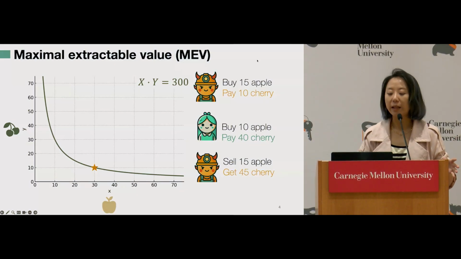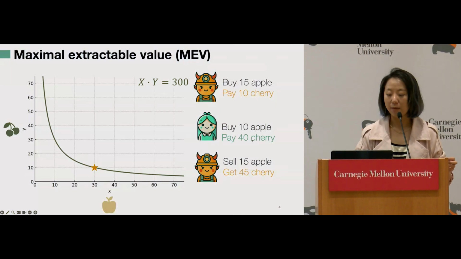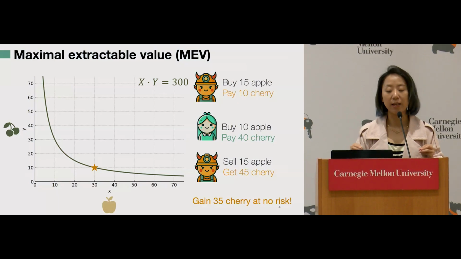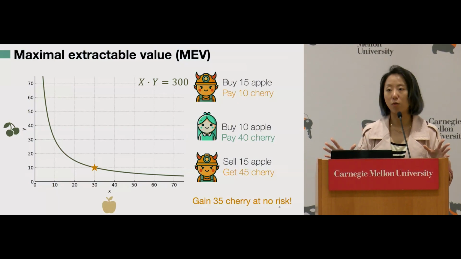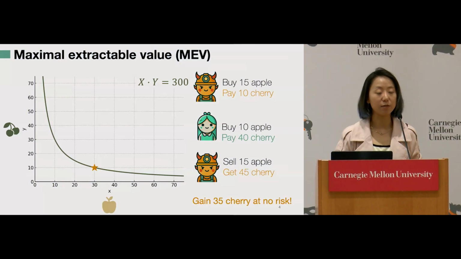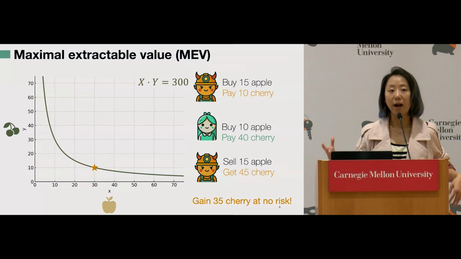You can just trust my math. But now, because the front running attack drives up the price of apple, I ended up paying 40 cherries instead of 5 to get these 10 apples. And these extra 35 cherries all go to the strategic miner. And what's worse here is that the strategic miner is getting these 35 cherries at no risk. It does not pay any apple to get these 35 cherries. Such a phenomenon, where the miner uses its power over the block to exploit users, is known as maximal extractable value,